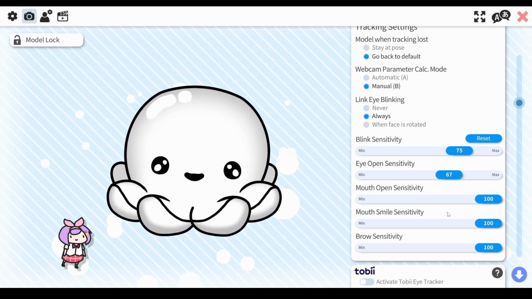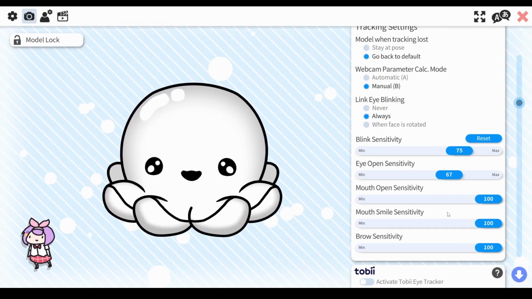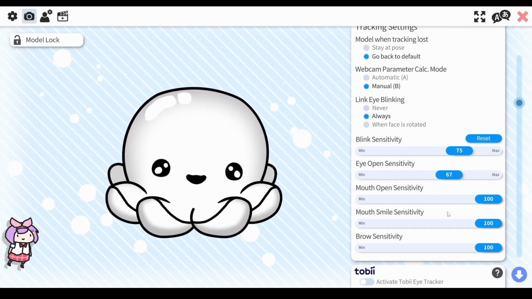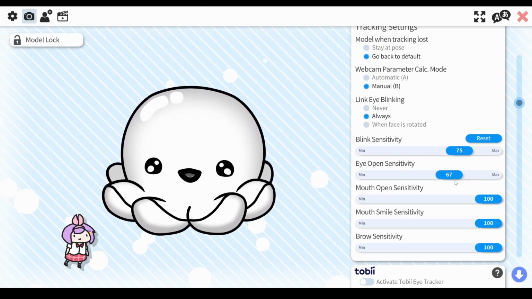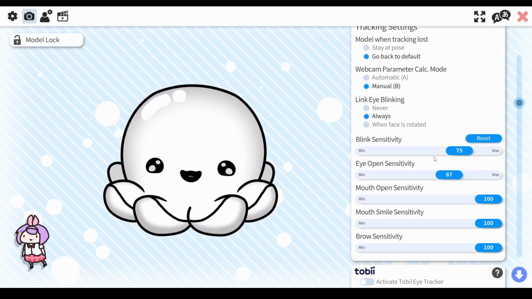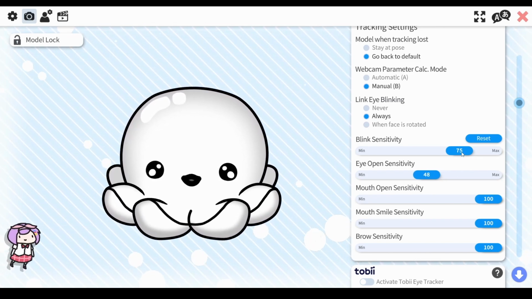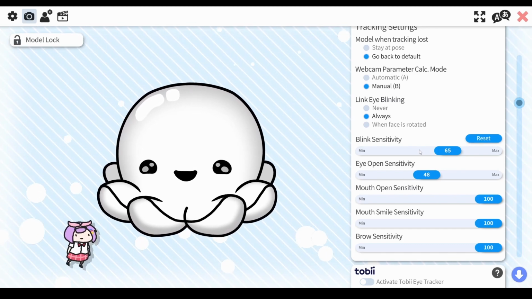This is really useful to look at as well if you're wearing glasses while you're having your face captured, because face capture with glasses can be a little bit extra janky. It's already janky, but this can make it more janky. So have a little look at your eye open sensitivity and your blink sensitivity and check those two. And sometimes by having those a lot lower, you won't blink as easily, but your character can do more in-between